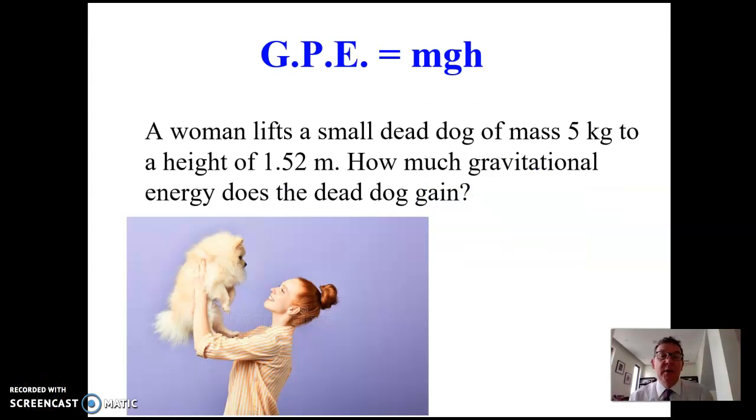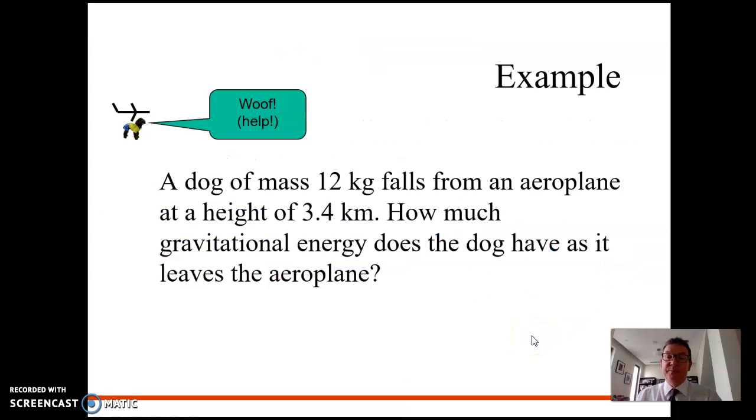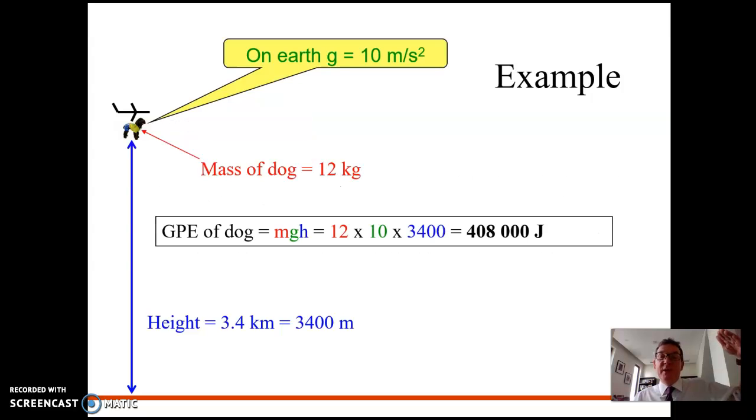Okay, so the lady lifting the dog here, we have a mass, we have a height, we're assuming on the Earth, so g equals 10. And do you remember, in all physics questions, you write the formula out, you put the numbers in, use your units. Okay, we looked at an example of the dog there, and I asked you to think about what would happen. So we calculated the gravitational energy the dog has when it's in the air, remembered to change the kilometers to meters. We calculated that, and I finished the lesson by saying to you,